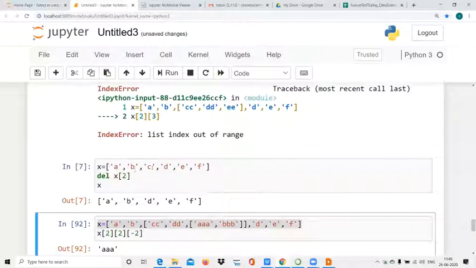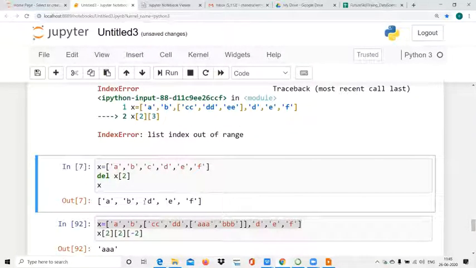Zero, 1, 2, and C is deleted. This you can do without using the del command also. How can you do it? Can anyone tell? This operation you can do without using the del command also.